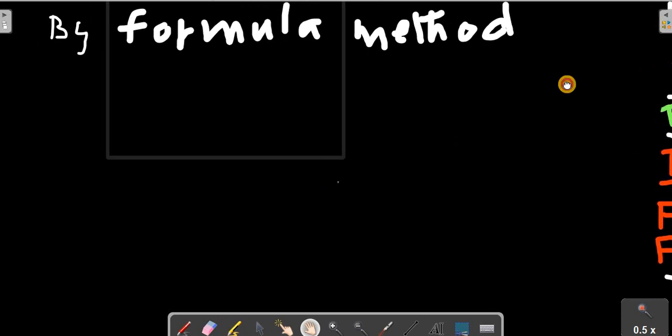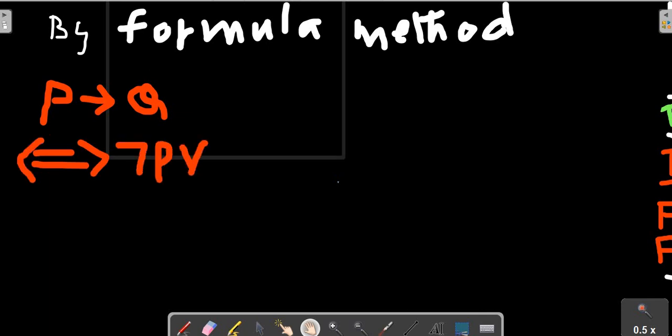By formula method, it is possible to prove the same idea, that is P implies Q is exactly equal to negation Q implies negation P. Now let us prove that. P implies Q I have taken, that is left hand side I have taken, and this is exactly equal to